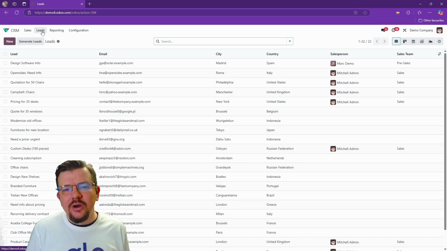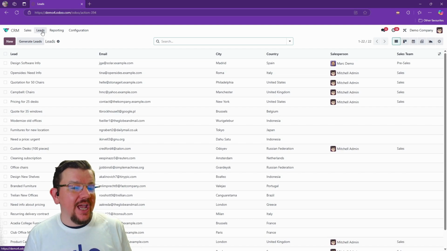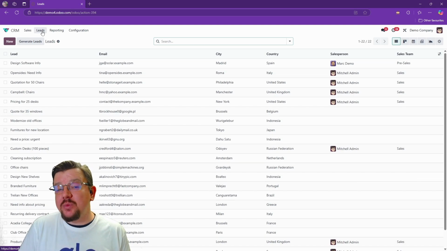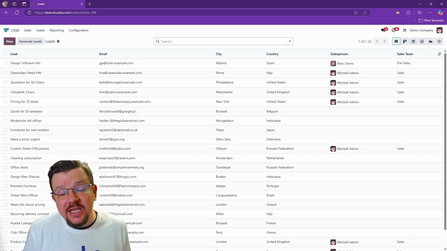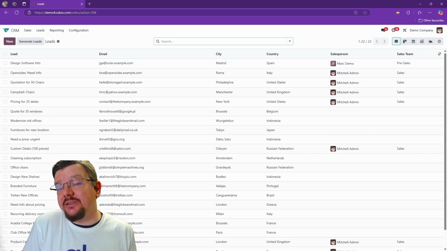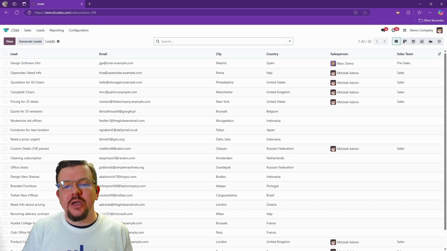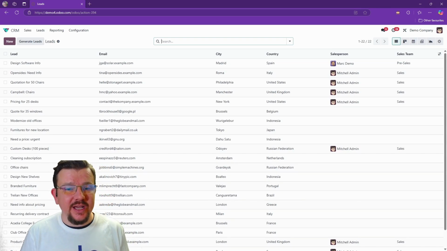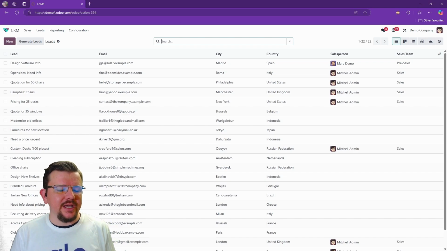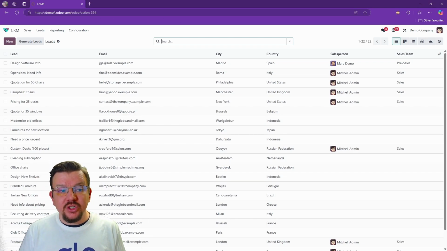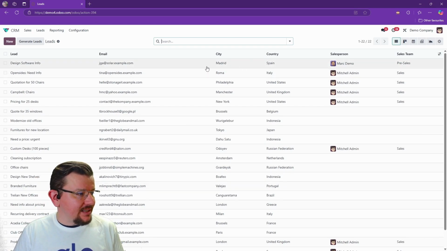These are unqualified leads, leads that haven't been checked for validity, leads that haven't been contacted before, things along those lines. This could be handy if you get a lot of inquiries from different sources, for example, and you want to check how serious the lead is before you try and contact them further through your sales team. Filter out the tire kickers, as it were, before you start raising quotations and estimates and putting more serious labor into your efforts.